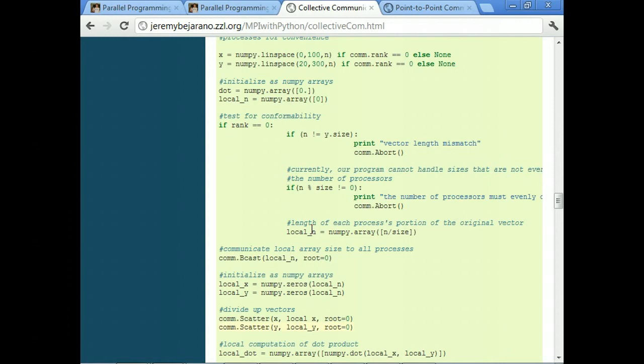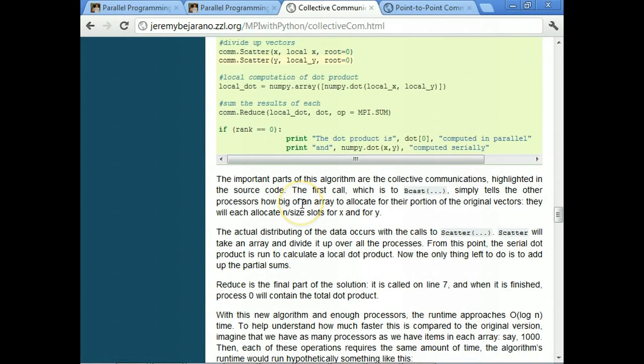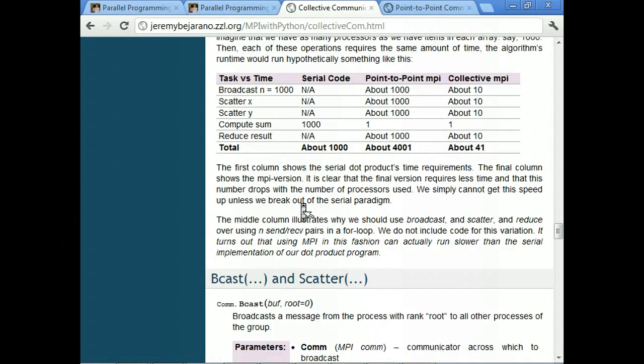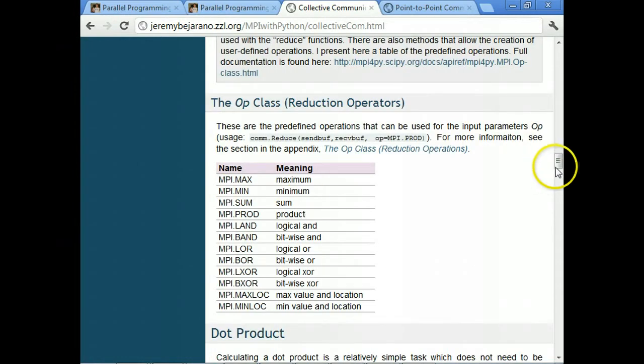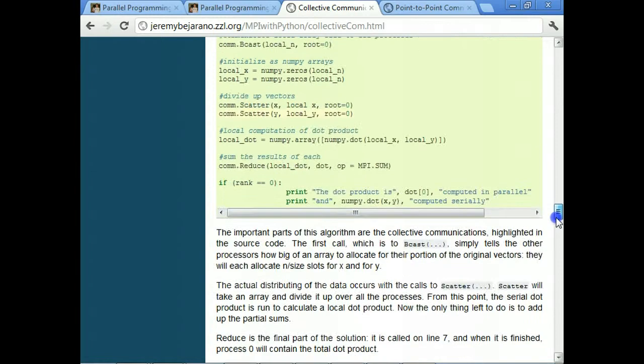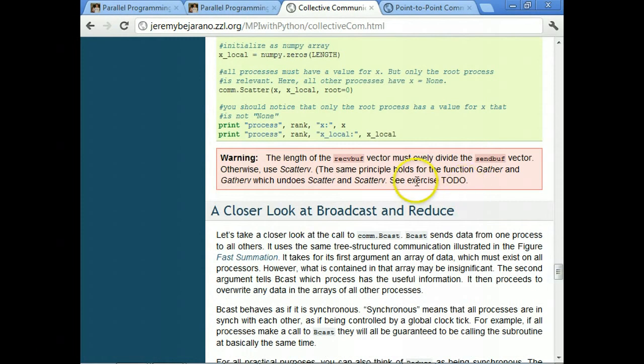And so in the case when we want to program it so that we can take in any size of vector for any number of processes, we have to use the functions scatter v and gather v.